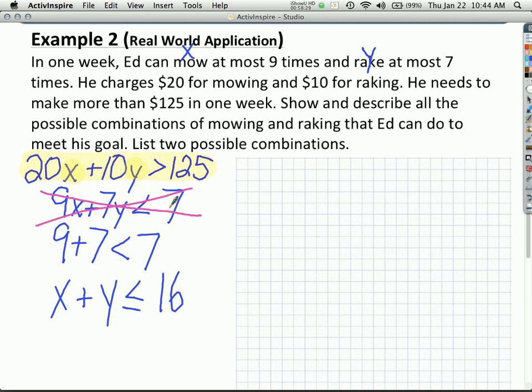Now let's look at the third one. 9 plus 7 is less than 7. Will that ever be true? No. Okay, so to be honest with you, I'm surprised that more people didn't say the last one, because that's what I expected. I expected more people to say the last one, however, there's issues with that as well.